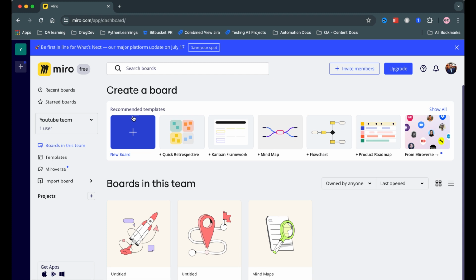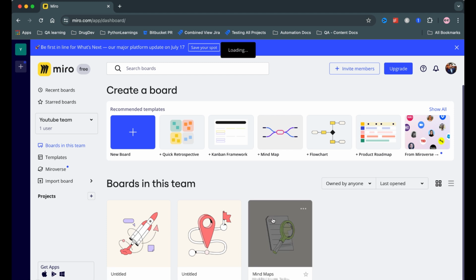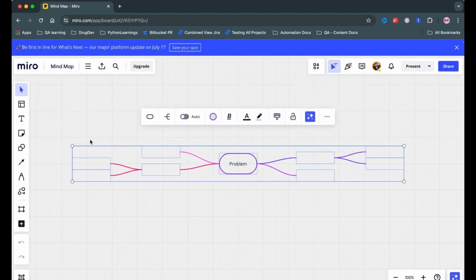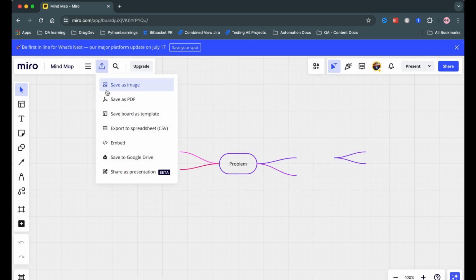First, open your Miro dashboard, and if you don't have a link, I have given it in the description. You can use that one and pick one of the boards here. So I'll go for a mind map and create a team board. And you can see the mind map has been loaded, and now you can export using this export option, and